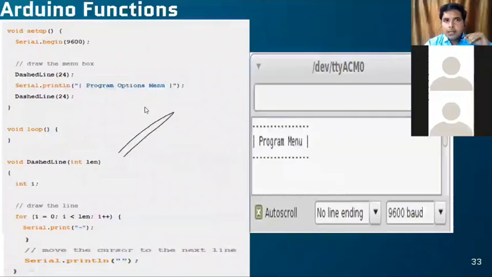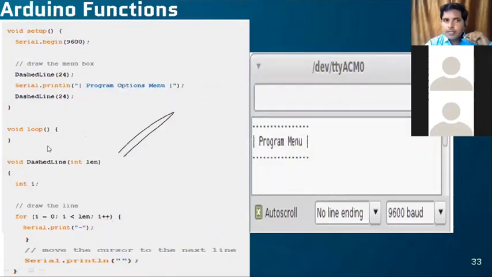Next, how to use the function. This is also one format, how to use the function. Here I have to mention first what function you are going to do, like the program option menu you are going to display, and when it is going to display, when this condition holds, like i equal to 0, for loop i is less than the length, then it has to display your value.